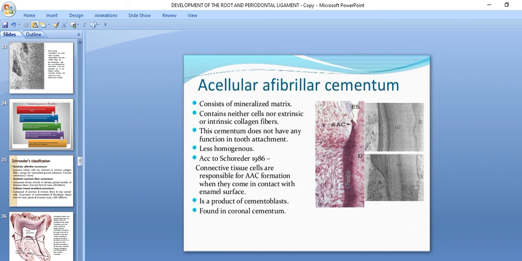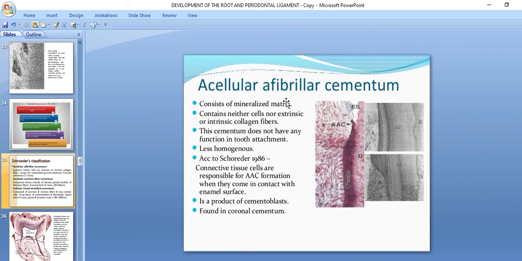As I mentioned, cementum is not uniformly structured in humans. Four or even five types can be distinguished. They differ in terms of cell content, fiber, and the constituents of their collagen matrix. Now we discuss the acellular afibrillar cementum,